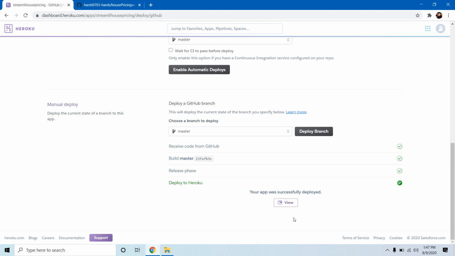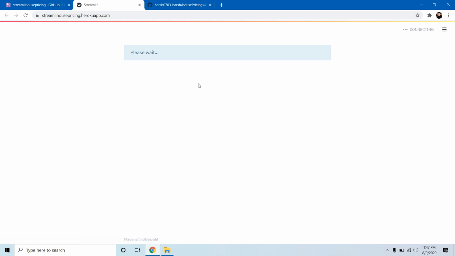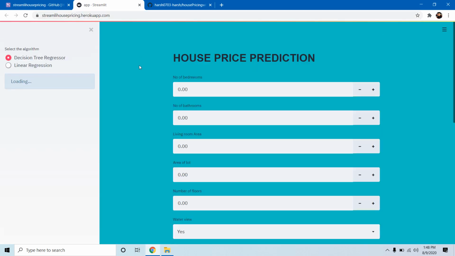We can click on View to see it. Now see, the first time it will take time. Now see, our model is ready.